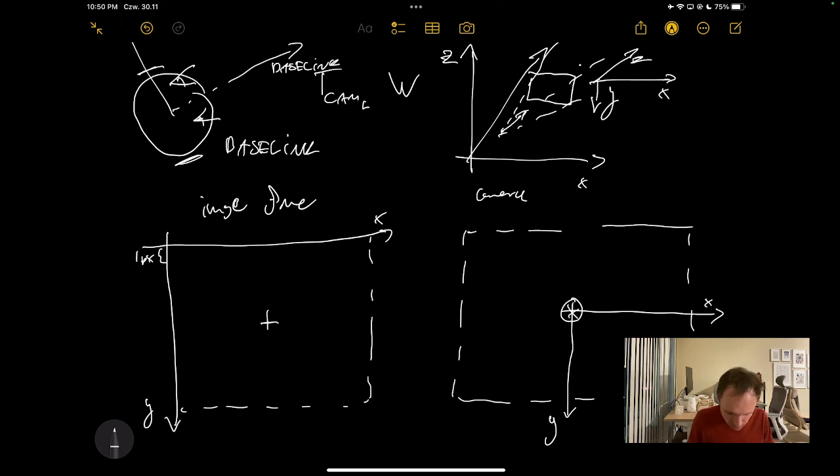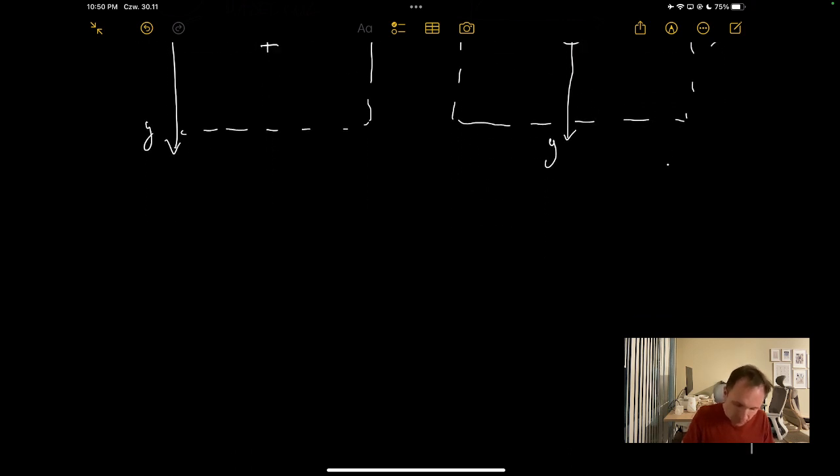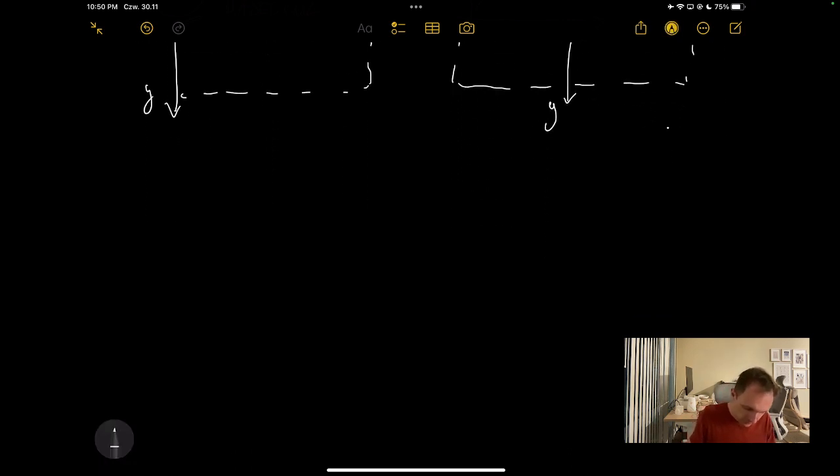So this is the common way to define the camera frame, at least in my world. Again, it's only a convention, right? But that's how I'm used to thinking about it, and that's how I've seen people think about it. And then the second thing is,